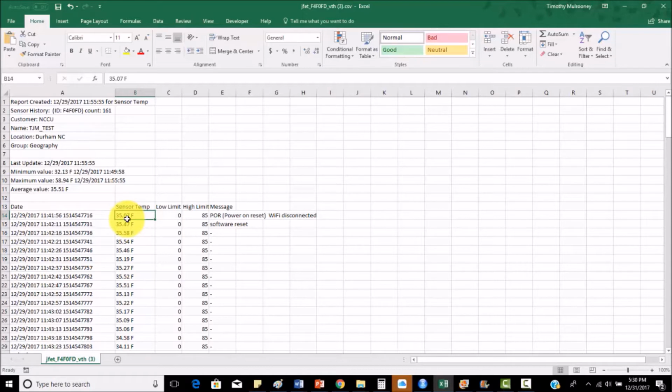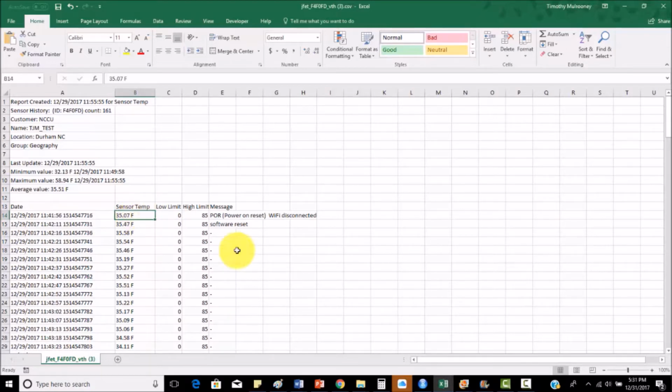If these limits are turned on, warnings can be sent to administrators. We don't have the need for that particular functionality here. Most importantly, for my mapping and data applications, you can bring these data into applications such as Excel and R. I needed to play with the data a little bit because you can see the temperature is alphanumeric. So I was able to parse off the Fahrenheit and just work with actual data that I was able to